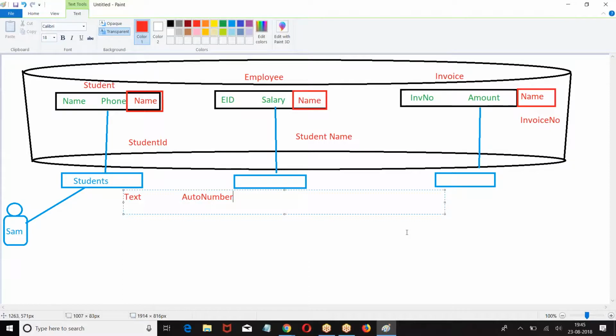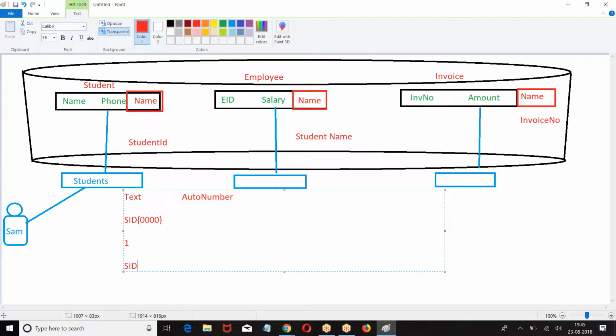When you go to an online application, your application number is so and so. How is it coming? It is auto generated. When you go to an ATM, your transaction number, what is that? It's auto generated. If you tell the format, the system will generate the number, which is called auto number. I told student ID, E0 indicates one digit, start with 1.